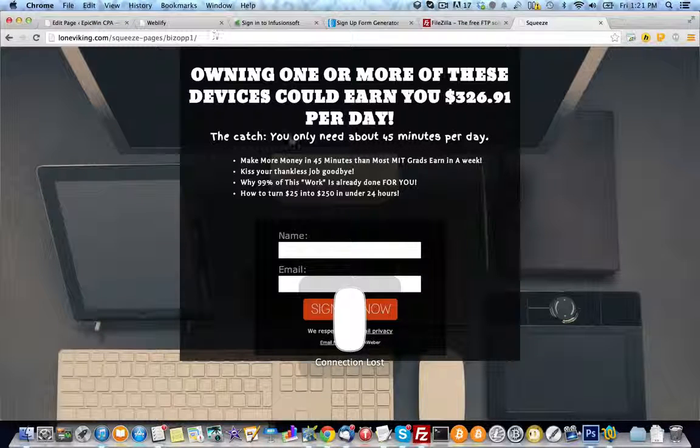So we have bizop, oh sweet, my mouse has been giving me issues, so I don't know what's going on with it. I just put new batteries in and, you know, how technical stuff is. Anyway,